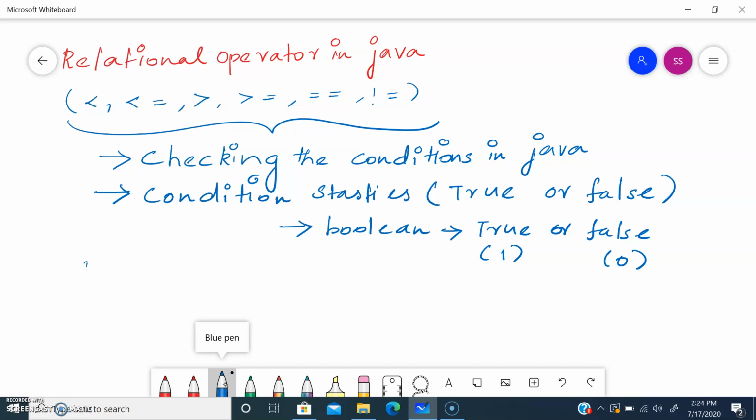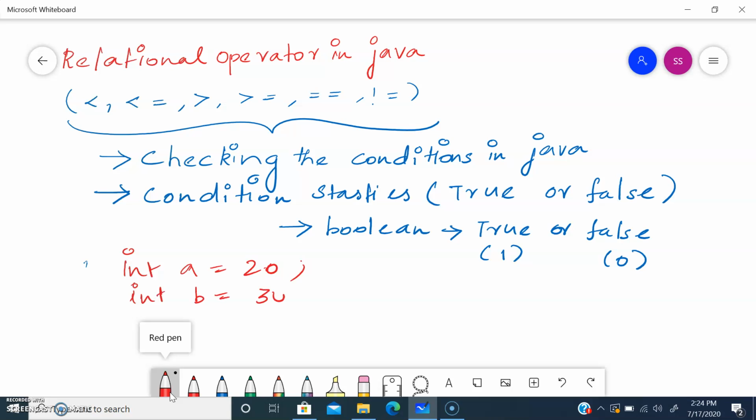For example, int a is equal to 20, int b is equal to 30. When I say a is greater than b, what kind of operator am I using?